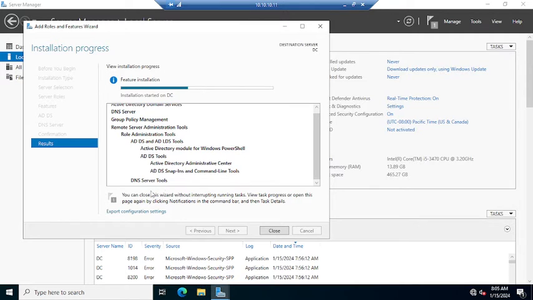If you want, you can close this wizard also. You can see here, you can close this wizard without interrupting the running task. View task progress or open this page again by clicking Notifications in the command bar and then Task Details. So if you want, you can close this also, but I'm not going to close it here because